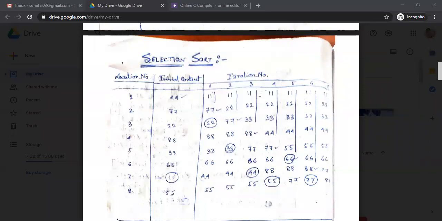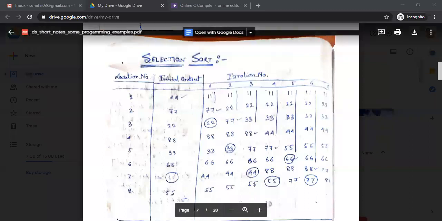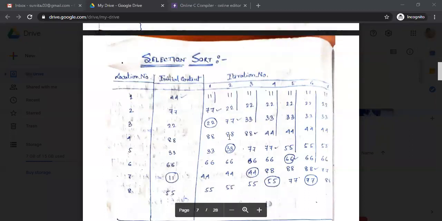See, after the third iteration, 33 is already placed in its required position, and 77 goes down to this place because of the interchange between the smallest value and the third value. So 11, 22, 33, these three position values are already arranged. Now, which one is the next value? According to our index, whatever operations we did in iteration 2 or iteration 3, in the next element